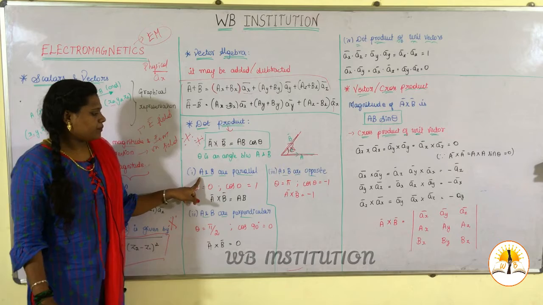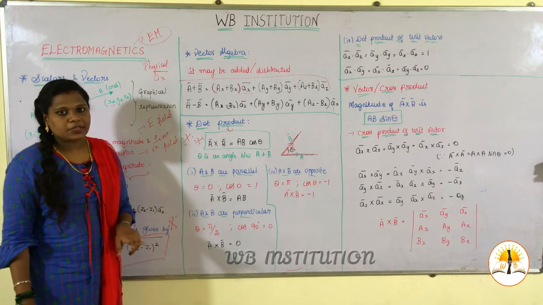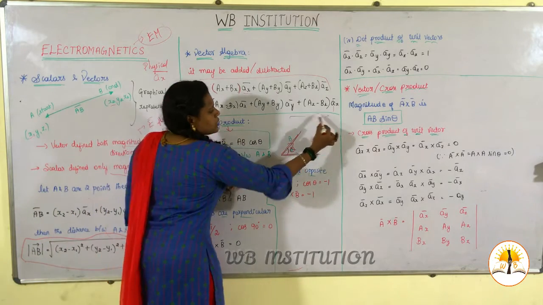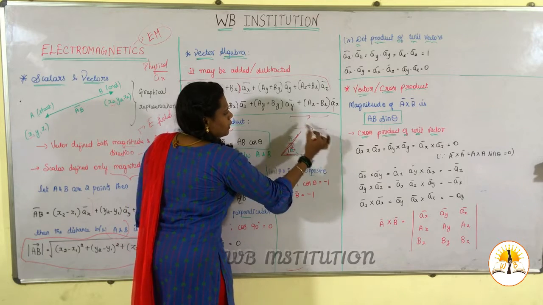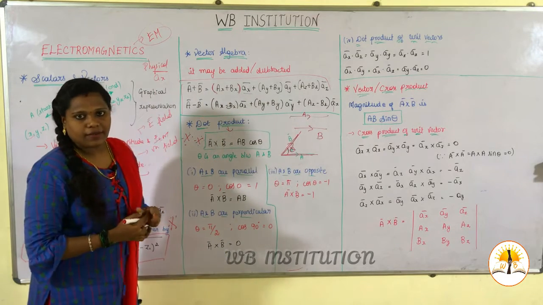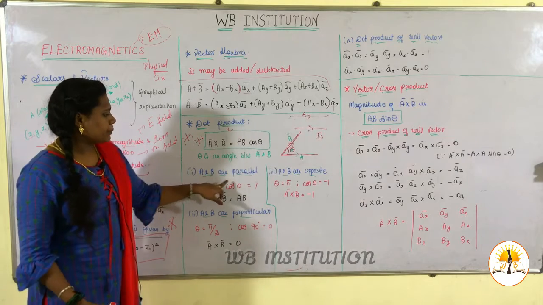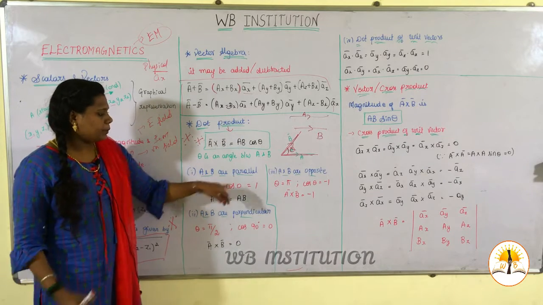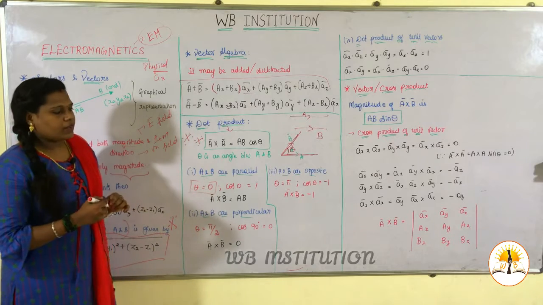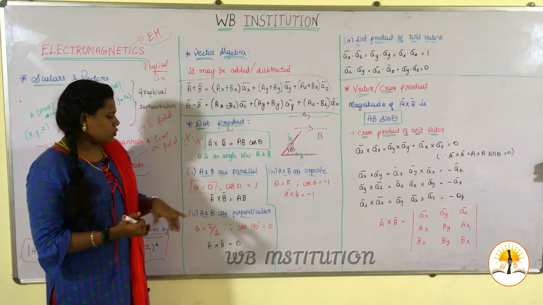First case is when A and B are parallel. Parallel in the sense what? Two fields that will never touch. So this is A, this is B. Two fields that may travel through a plane but will never touch. So A and B are parallel. For A and B parallel, this is your condition: theta is equal to 0. If A and B are parallel, you need to assume theta as 0.